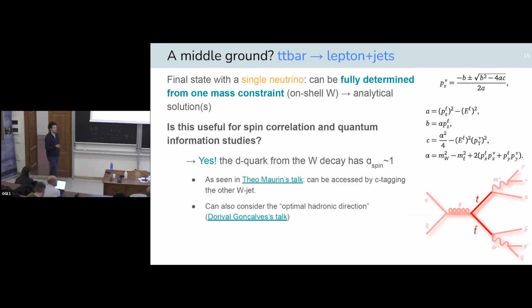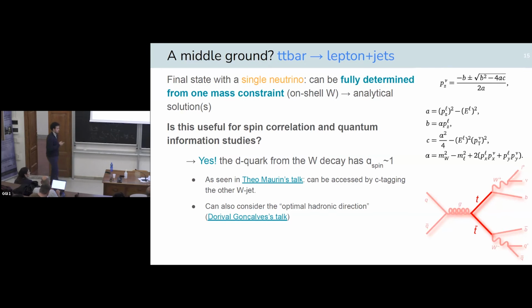Is this useful for quantum information? Yes, we've seen this in multiple talks, because you can actually pick, for instance, the d quark from the W decay, which has a spin-analyzing power of 1, much like the lepton. This is the motivation for the studies in Higgs WW. But also, if you can't pick specifically which one is the down-type quark, you can still try to find some optimal way of averaging over this hadronic top. And this gives you what's called the optimal hadronic spin-analyzing power,